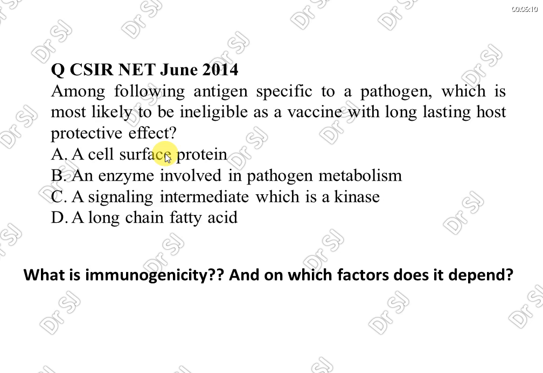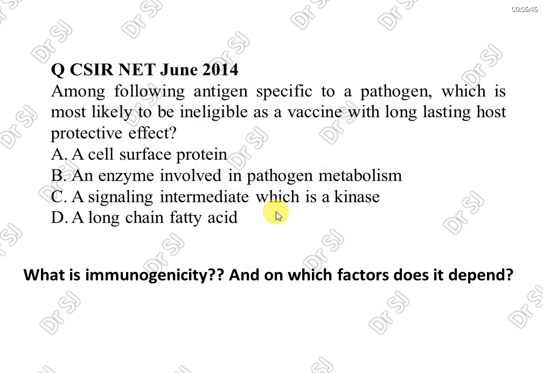If you see very closely, options A, B and C are all proteins: a cell surface protein, an enzyme involved in pathogen metabolism, a signaling intermediate, which is a kinase, again an enzyme. The fourth option is the only one with a biochemically different molecule, a long chain fatty acid. So you can easily answer by taking the odd one out, but